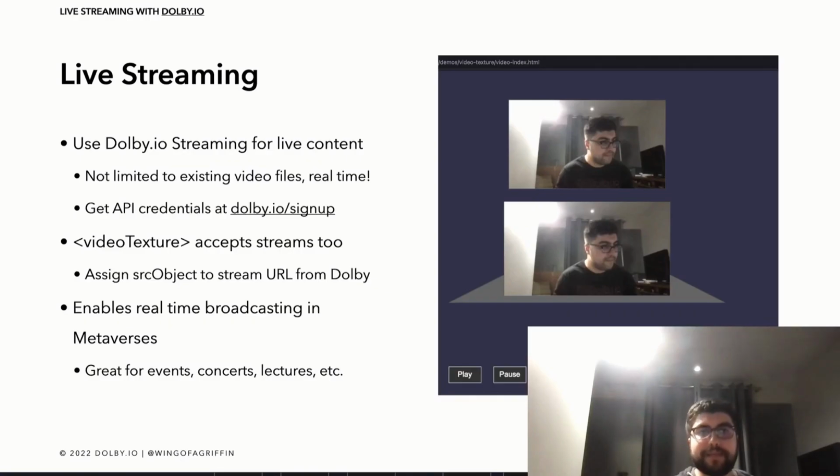So we're able to take this another step further. Instead of saying, hey, we're only using static video that we've already pre-downloaded, we can actually send live streaming data directly into these meshes. And for this example, I'm going to use Dolby.io live streaming for that content, where we're not limited to these video files. This is all going to be real time, and we can get some free API credentials at dolby.io/signup,